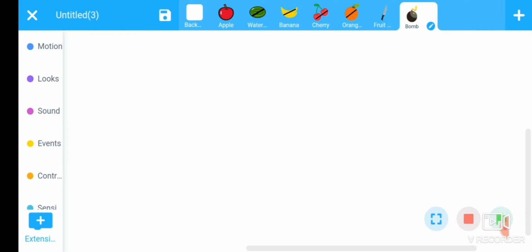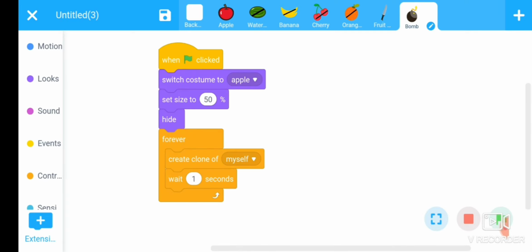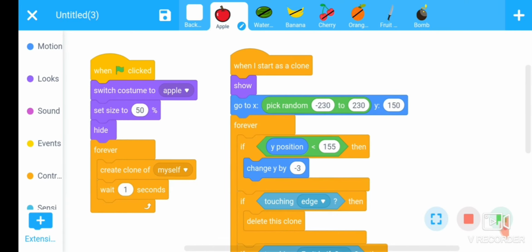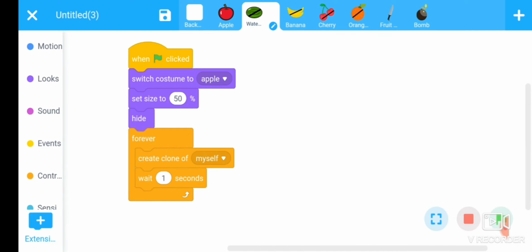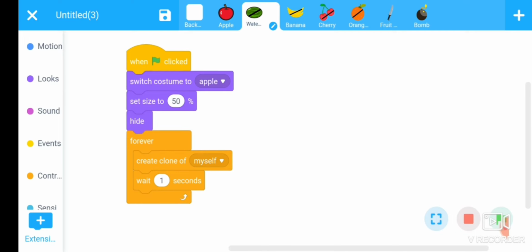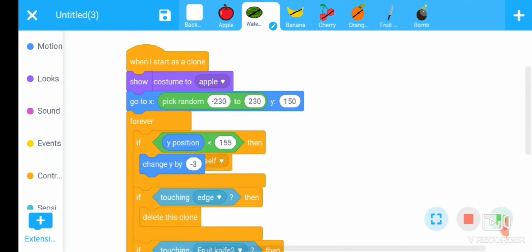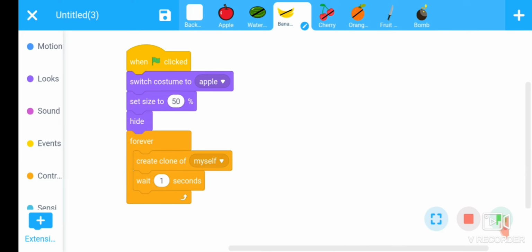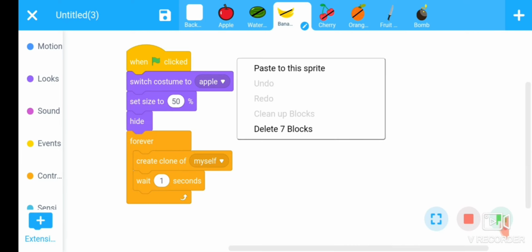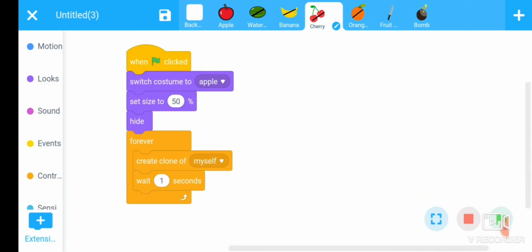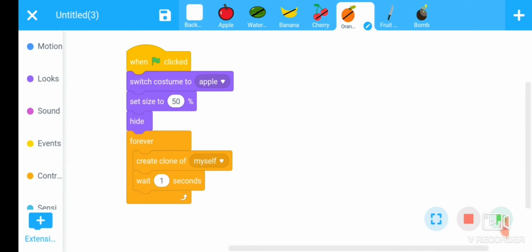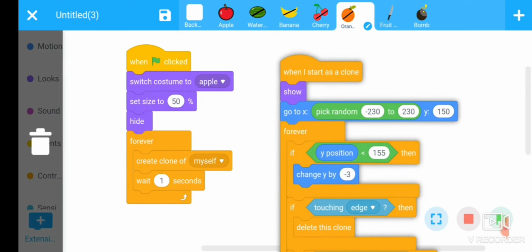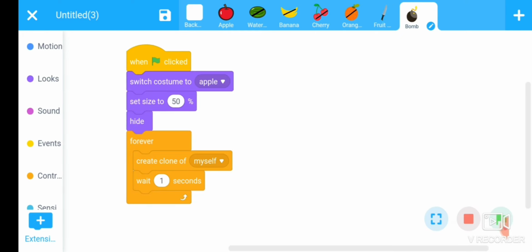Put this in bomb sprite. Okay, fine. Now copy this one also, put in watermelon sprite, now banana sprite and cherry sprite, then orange sprite, and also in bomb sprite.